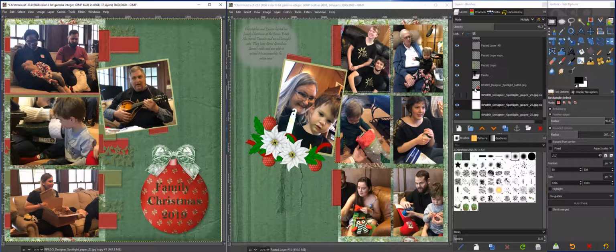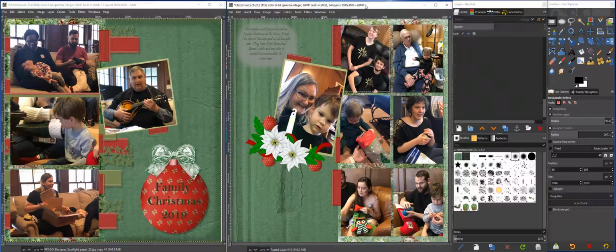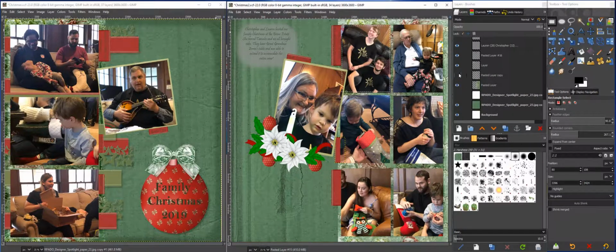So let me just show you what they're going to look like. I just opened this one up and let me walk you through. Let's go over to the right page and I'll show you the accent page and let's walk through doing it again. So I've highlighted the background page,